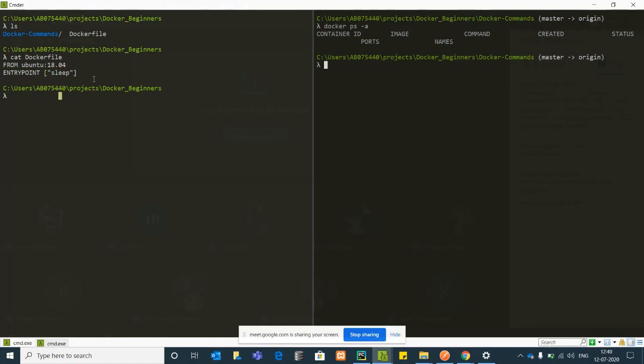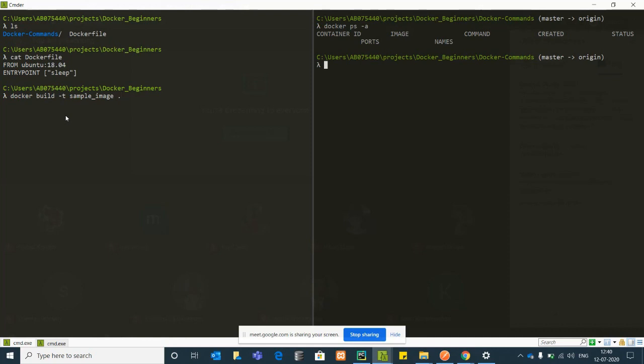So docker build -t, where -t is a tag for that particular image. We are going to name it sample image, and then dot. The dot is there because our Dockerfile is present inside the current directory. If not, you can mention a path over here.